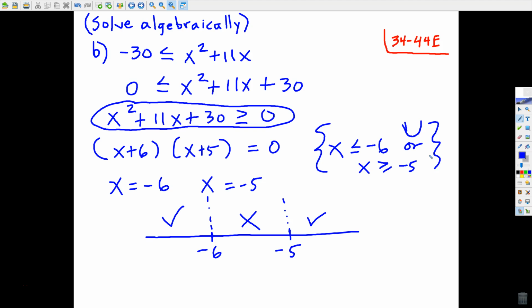All right, what do you think? Not bad? Really? What number did you use? Okay, so let's check that out. -7 squared plus 11 times -7 plus 30